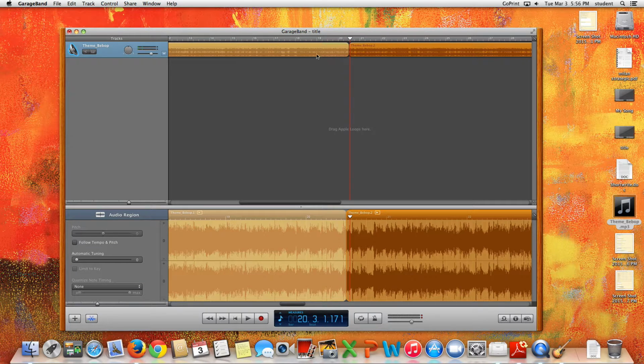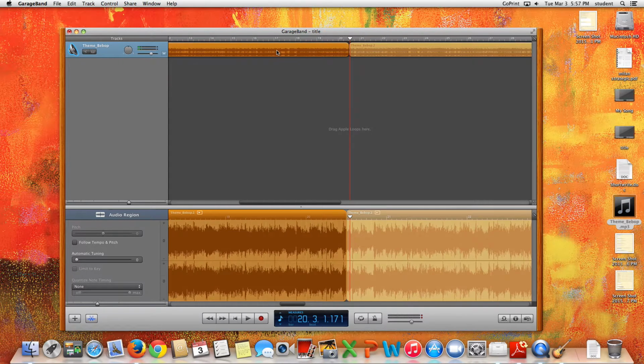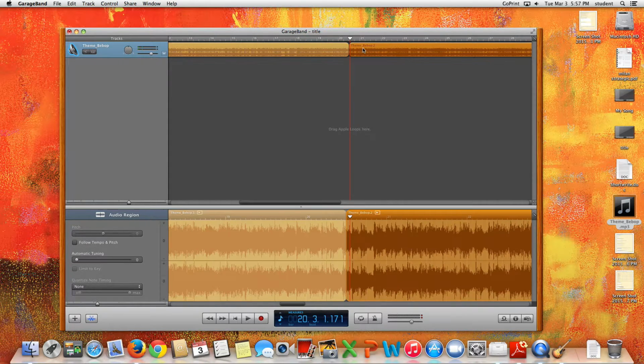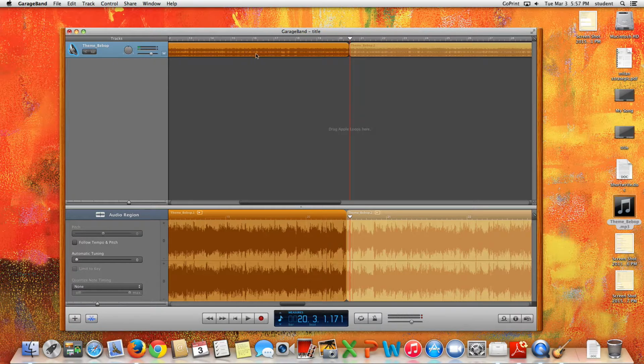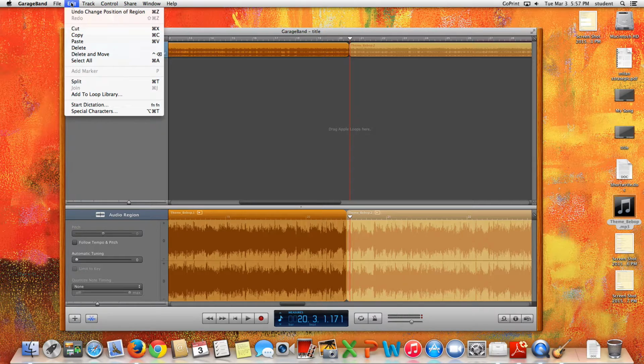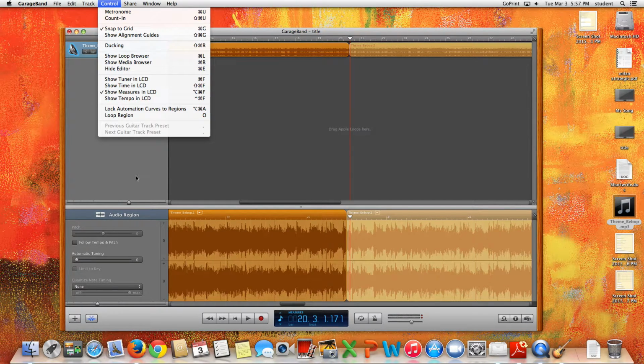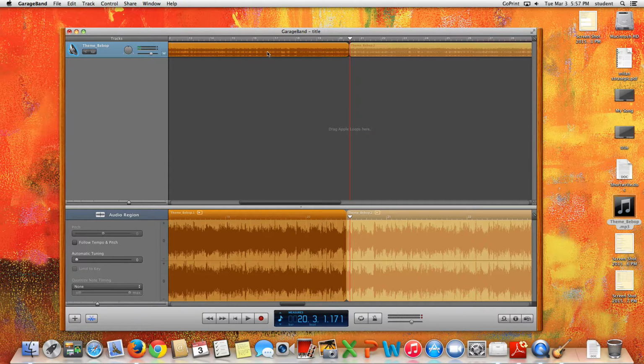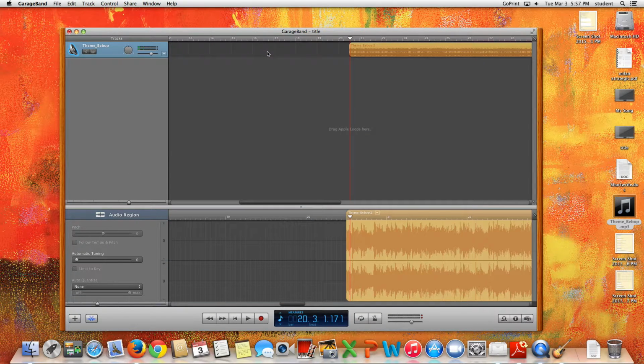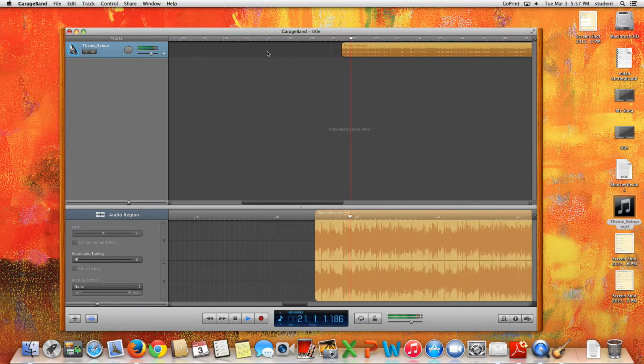This is highlighted, so this means this one's active and this one's inactive. So if we click right here, see it changes. So let's delete something. We come here, we highlight it, and we press delete, and that deletes the track. So now we only have this part right here,